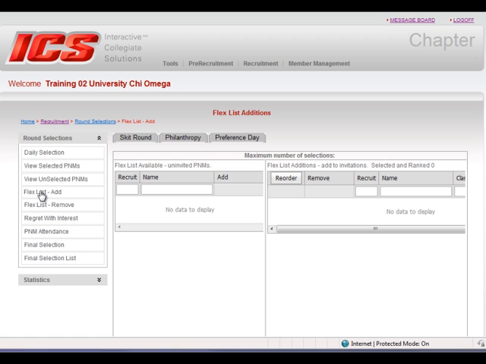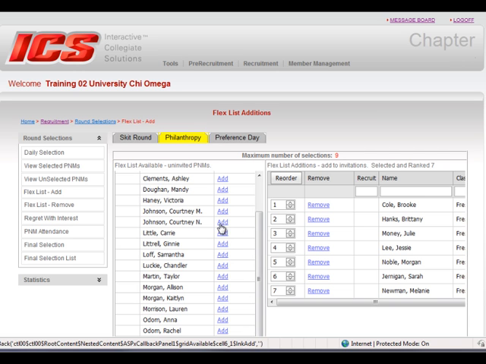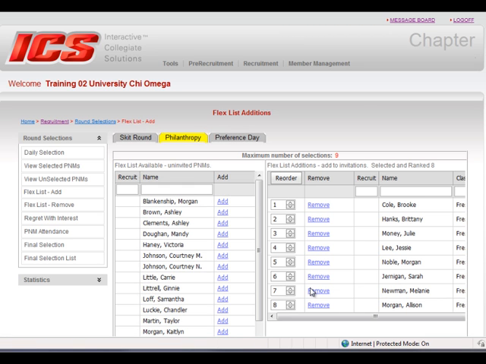Click on the Flex List Add, the round, and you will see a list of the PNMs that were not invited on the left-hand side, and a list of PNMs that you want to have on your Flex Add list on the right-hand side. To add one to the list, simply click on the Add. It will put it at the bottom of the list,